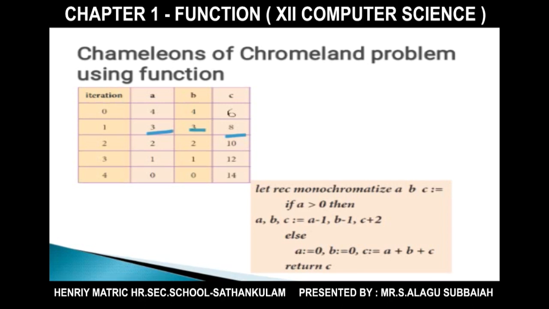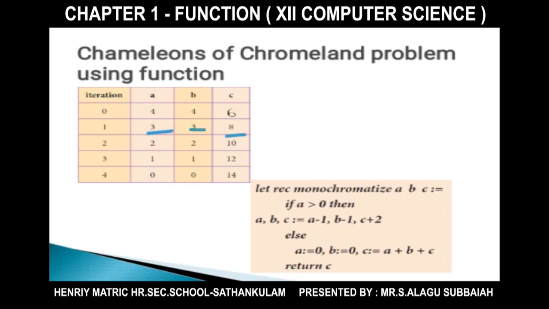In the first iteration, one A Hamiltonian and one B Hamiltonian meet. Then their counts are reduced by 1 and the C Hamiltonian type is increased by 2. That is, the A and B Hamiltonians reduce in count and their colors change to C type, so C increases.